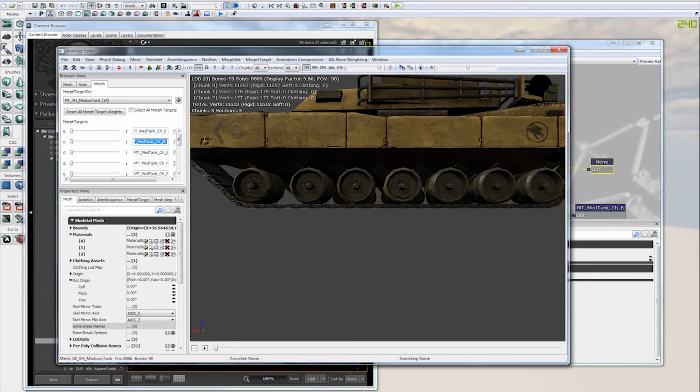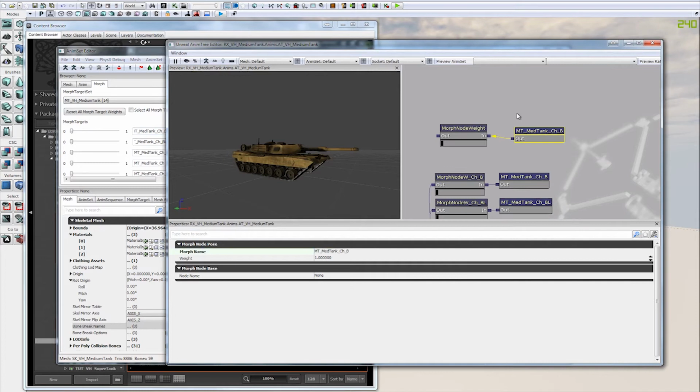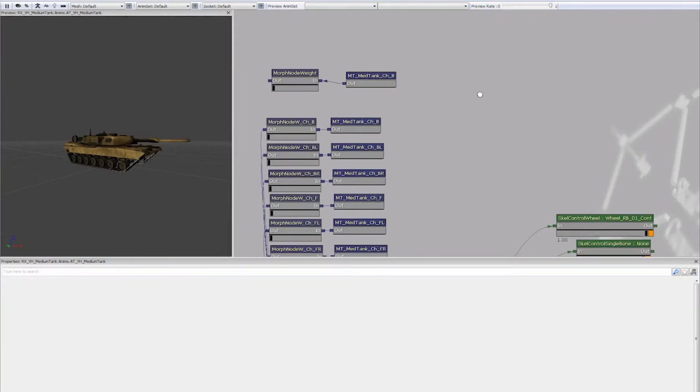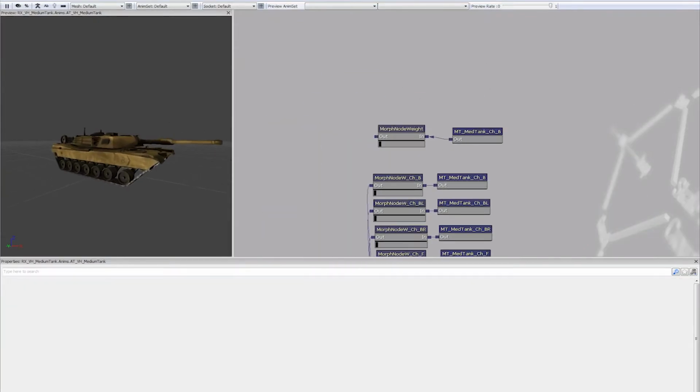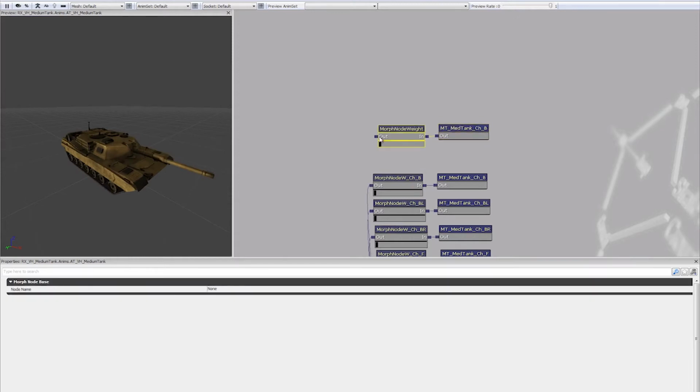Oh, by the way, you'd have to set up these names manually once you import them in, or maybe you don't have to if you're using FBX. I've never used FBX to import blend shapes because we set them up a long time ago with PSK formats. So you basically just take this name, copy it, and then paste it in here. So this way the animation tree knows which blend shape to enable whenever this node is